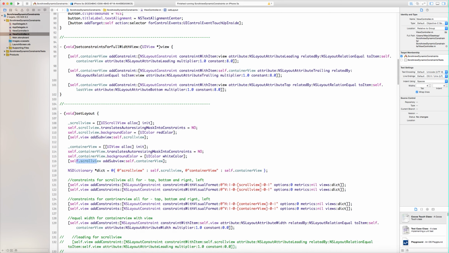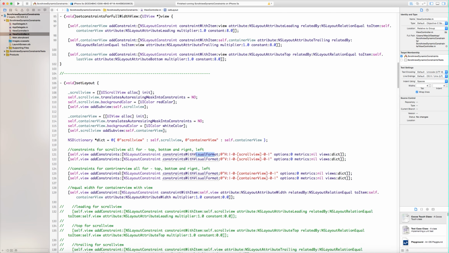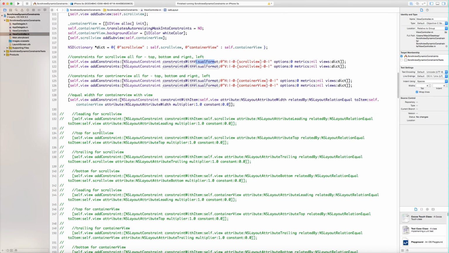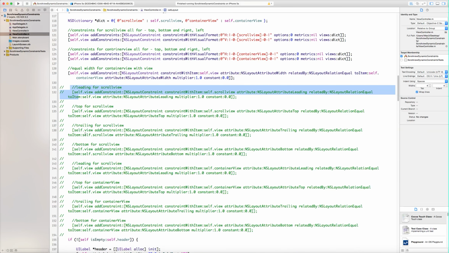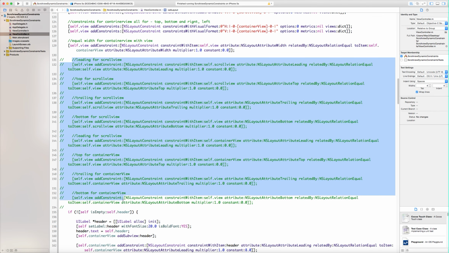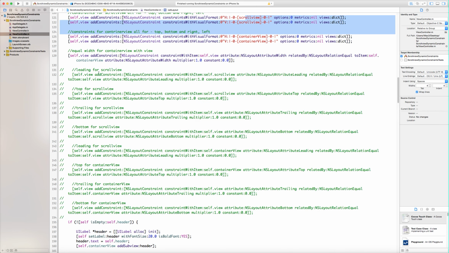So then I have given the constraints to the scroll view and the container view using the visual format language, and this is the comment, and these commented lines are the same code for giving the constraints to the container view and the scroll view.